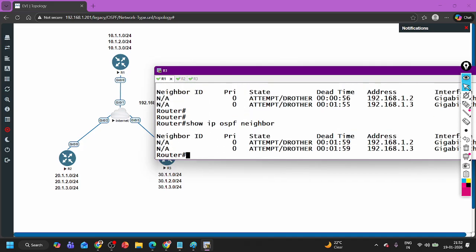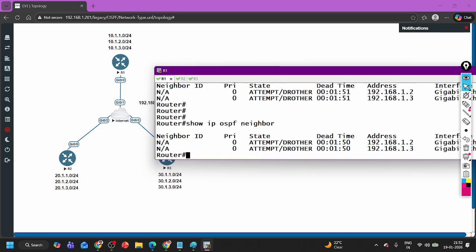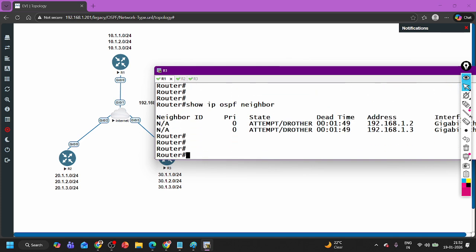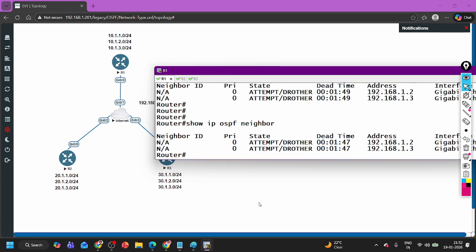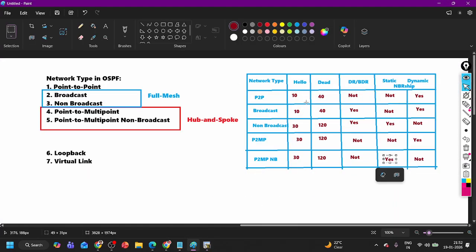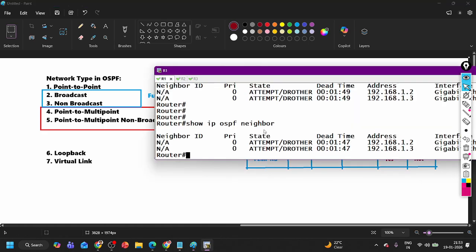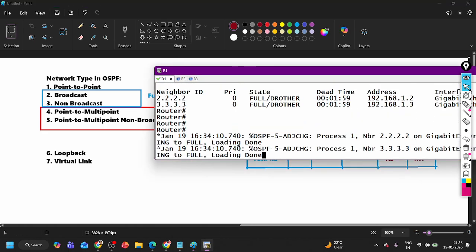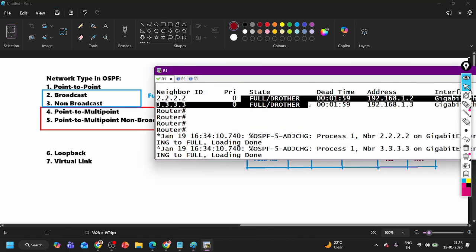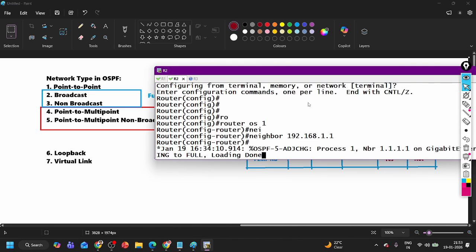Okay. So show ip ospf neighbor, right? And see here OSPF is very slow. Still the state is attempt. The hello time over here is 30 seconds, right? OSPF is slow over here. Now you can see we have neighborship in full mesh,